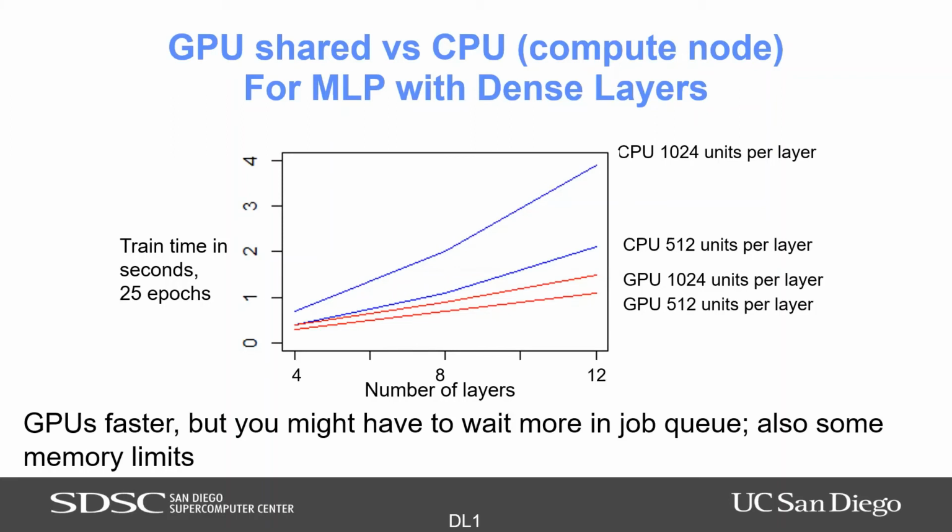So the GPU is always faster. You do typically have to wait more time in the job queue. Again, I don't want to say how much time that is. When I've been using Bridges lately, on that system sometimes I wait just a minute and my GPU job is going, and sometimes I have to wait 30 minutes. Expanse seems to be a little bit faster, but again, it could also depend on what the workload is like on the system. But you do get to the point where, once you get to a larger network, doing some of these vision networks, you're pretty much always going to want to use a GPU.